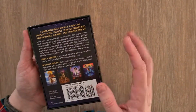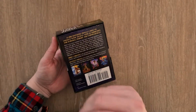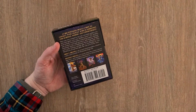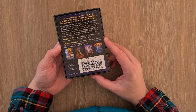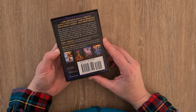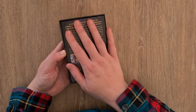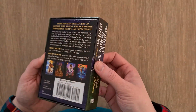This is how you can tell that it is a genuine deck or not a genuine deck: it has the barcode, it has Hay House on it, the two-part box, and it will have the booklet. There are a lot of counterfeit decks out there, so please try and shop wisely. If you're aware, it discredits the artist to buy stolen artwork decks with the QR codes and that, because the artists and the people that have put their product out there are not getting the monetary recompense for their work,